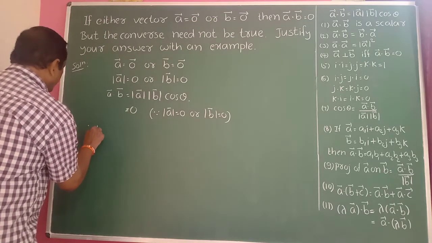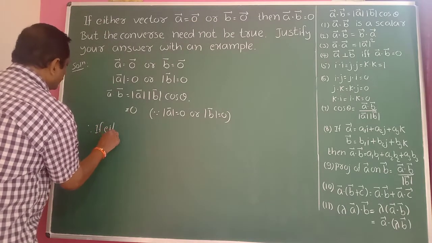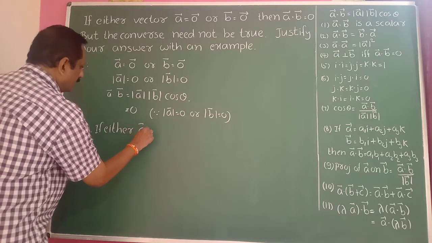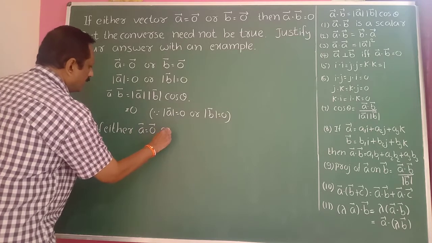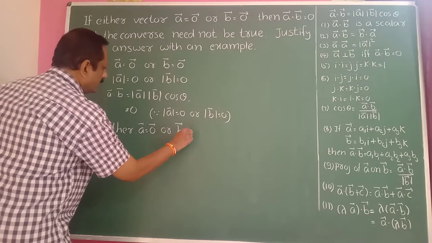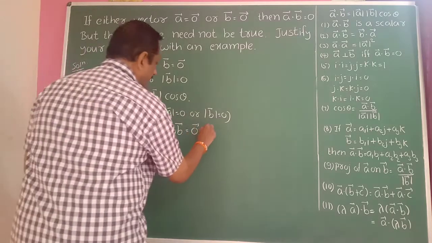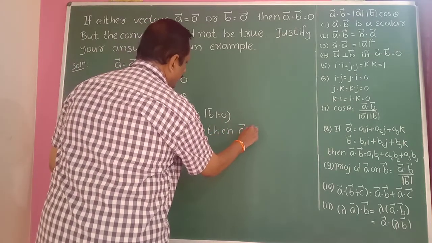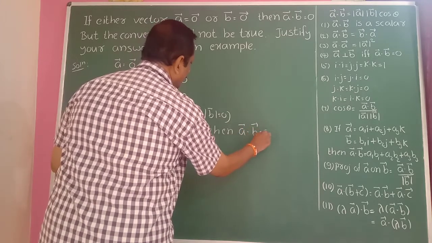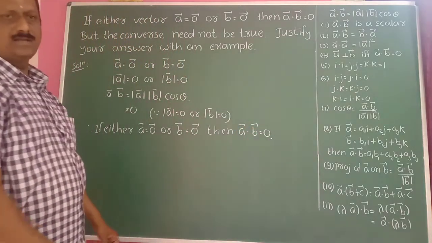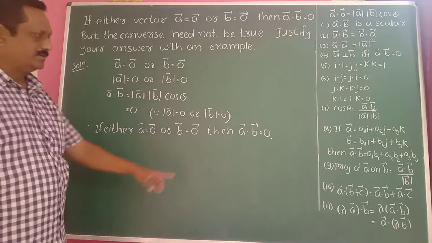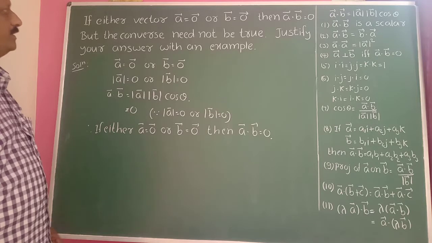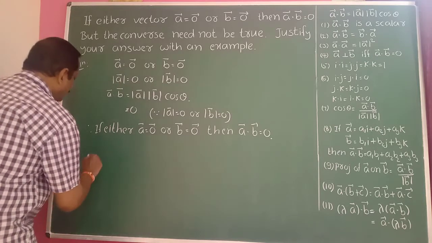Therefore, if either a bar is the null vector or b bar is the null vector, then we can write a bar dot b bar is equal to 0. If any one vector is a null vector, then its dot product is 0. Remember it. But the converse need not be true. Taking one example here,